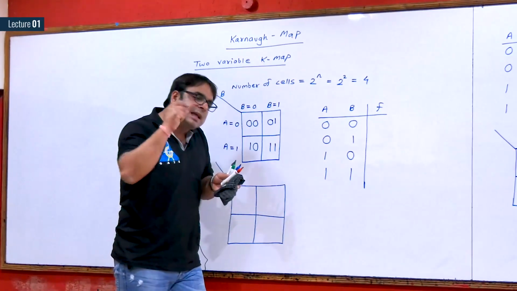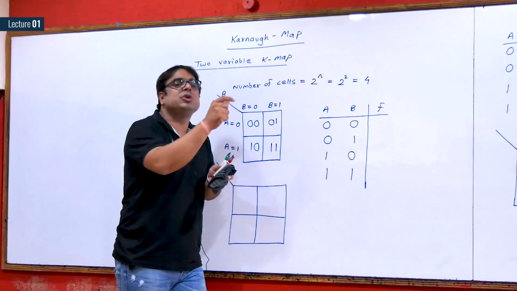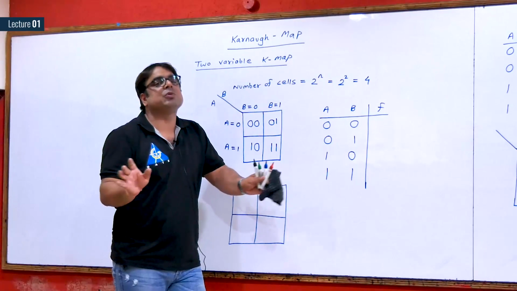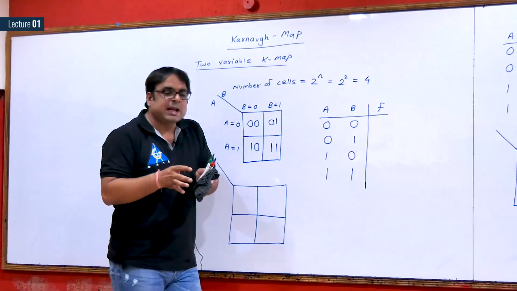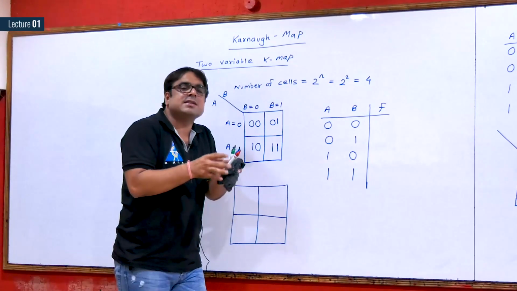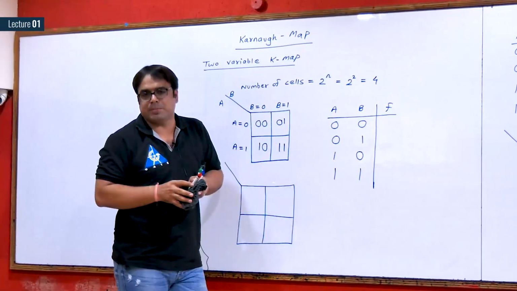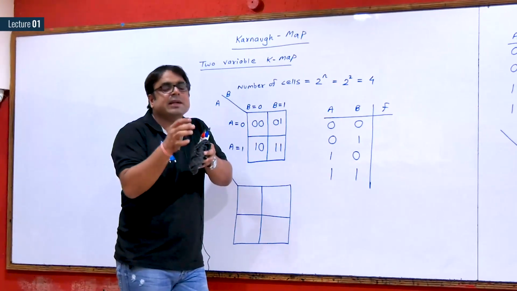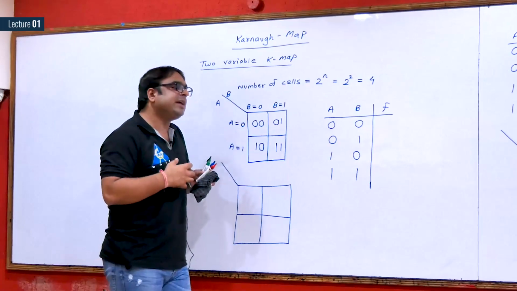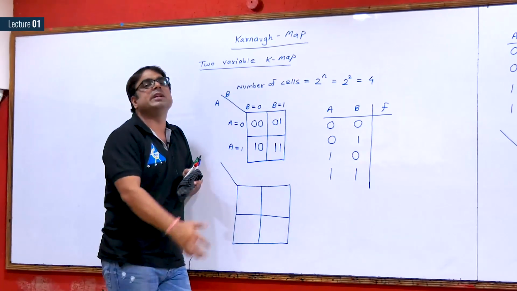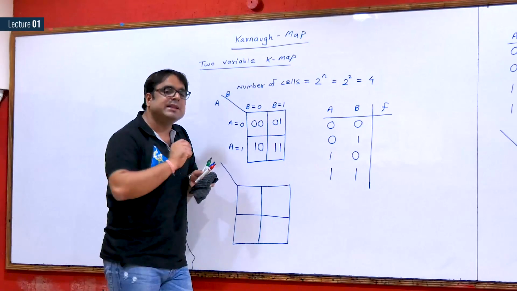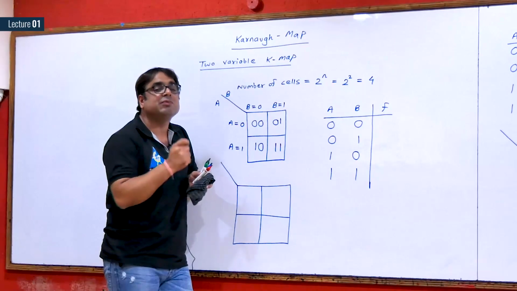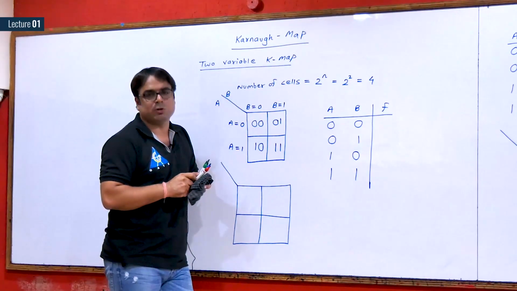If you know the exact reason how you are getting the minimized expression in a K-map, nobody can ever try to confuse you. Many times most of the students have just a general overview of a K-map. Sometimes they get stuck in some critical situation. So we will try to relate it in comparison with Boolean algebra, so that nobody will ever be able to confuse us in this particular topic.